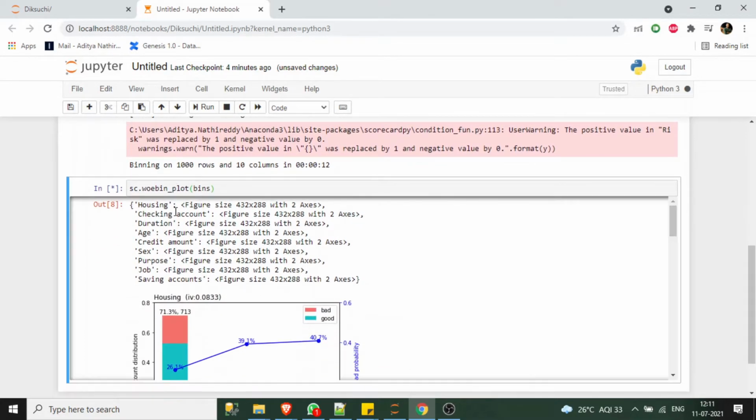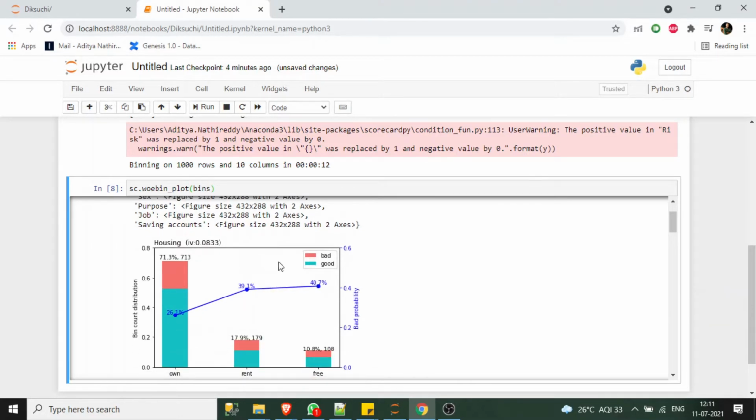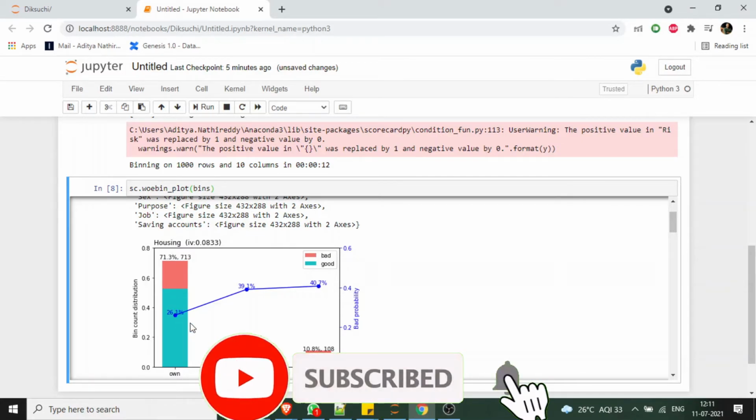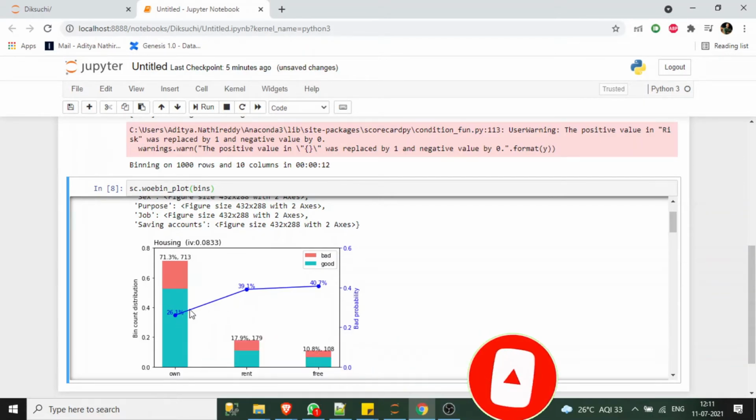Okay, so now this is the beauty of this library. Here you can see it has done auto binning, and it is calculating the risk percentage and also telling whether it is in a positive linear relationship with the target variable or a negative relationship. So here you can see, I will explain these numbers in detail.